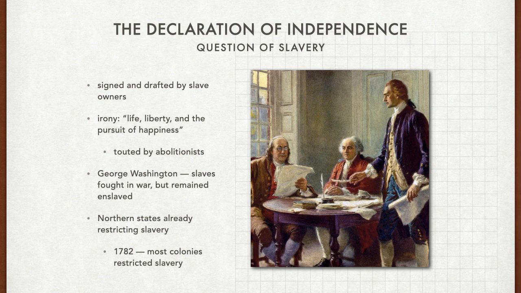So, banned or restricted, meaning they got rid of their slaves or they put in certain measures. Now, of course, southern states like North and South Carolina, they're definitely going to still have slaves, right? All the states still had slaves for the most part, right, for the next couple decades. But some made moves to slowly emancipate their slaves, and we'll talk about that in the 6th PowerPoint. The first public debate about slavery in the Declaration did not take place until the Missouri Controversy of 1819 and 1821, in which Missouri became a slave state and Maine became a free state.